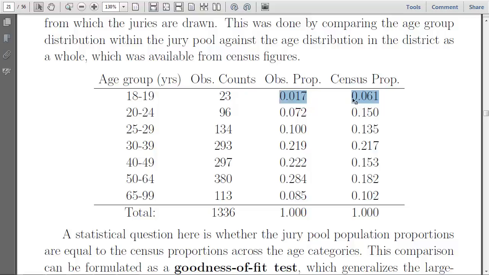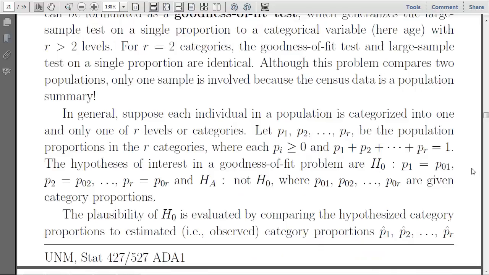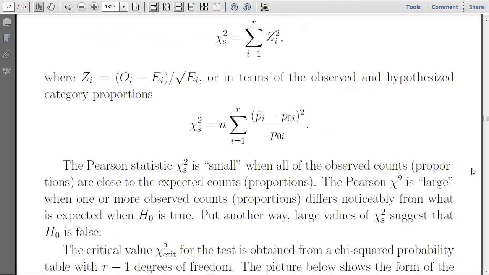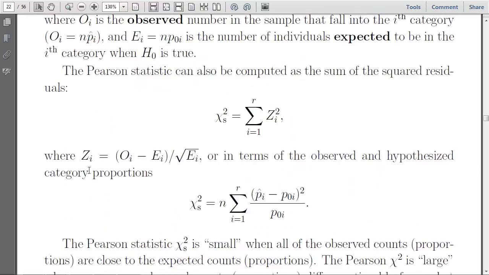So this will have a negative Pearson residual, the z, whereas, let's say this one, the 50 to 64-year-olds, there's many more observed than we expected. So that older age group is overrepresented in our jury pool. And so that will have a positive z statistic. So that z statistic is going to tell us the deviations from what we observed and expected and which direction,